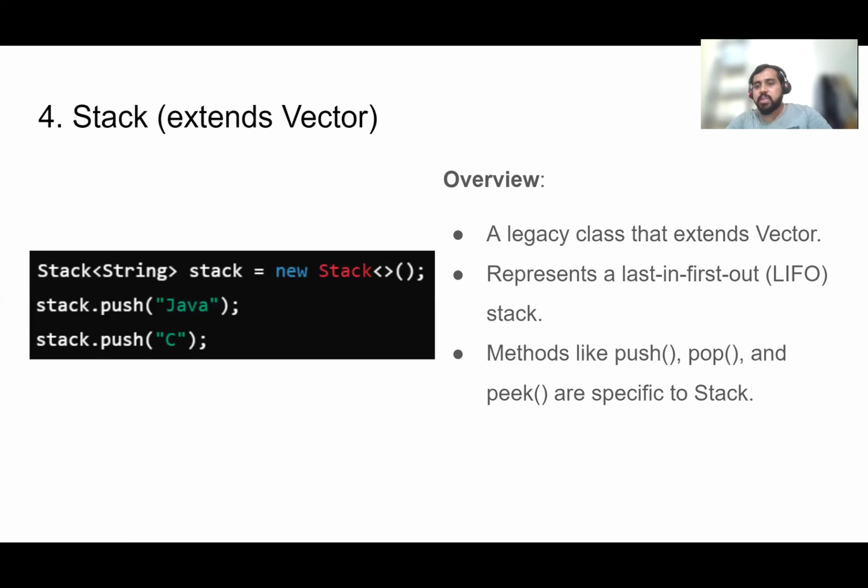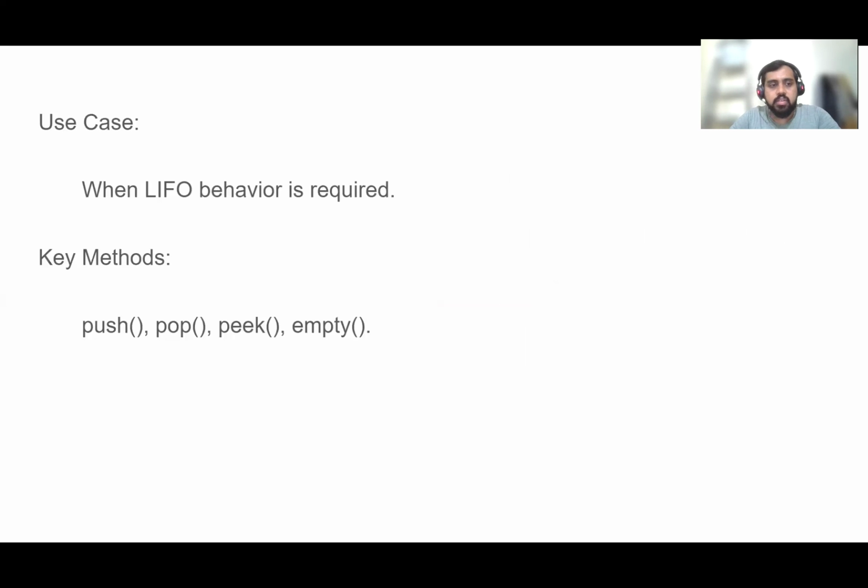So the common methods are push. Push means add the data to the stack. Pop means take out the first element of that stack. And peek means don't take it, just peek at which will be the first element. Just look into the first element. These are specific to stack. So let's see